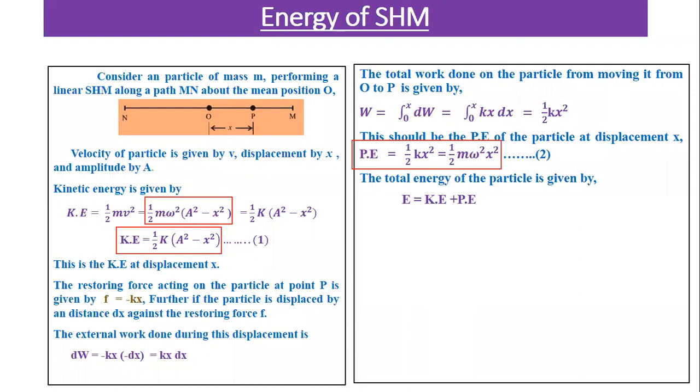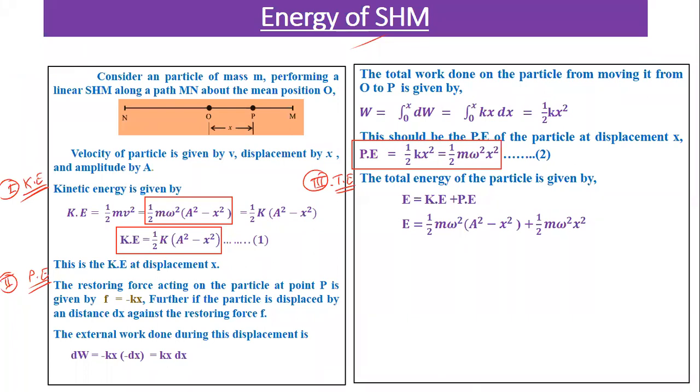Now total energy we have to find. So I told you we have to find out energy, means we have to find out first the kinetic energy. Then the second part is the potential energy. And the third part is the total energy. When you are writing the notes, you can write step by step: kinetic energy, then potential energy, and then total energy. Total energy is what? Kinetic energy plus potential energy.